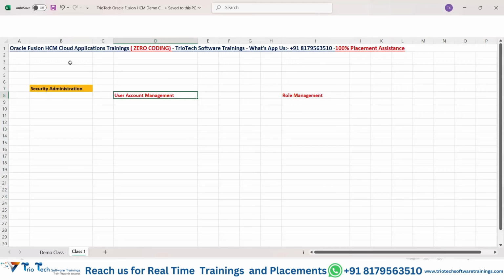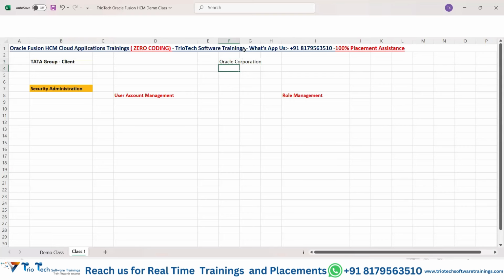See, for example, team, let's take up example of Tata Group. Okay, let's assume team Tata Group is the client team or the customer. Okay, Tata Group is the client or the customer team. So Tata Group decided that they want to use Oracle Fusion HCM Cloud applications in their day-to-day business activities of HR team. Now, what Tata Group will do, as I told you, Tata Group will reach to Oracle, right? Oracle Corporation or Oracle India Private Limited, whatever it is, the company name,